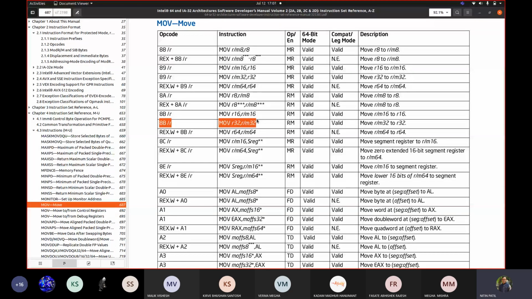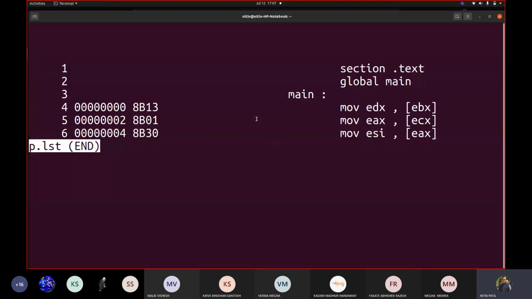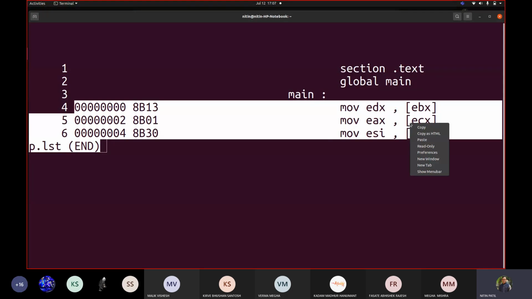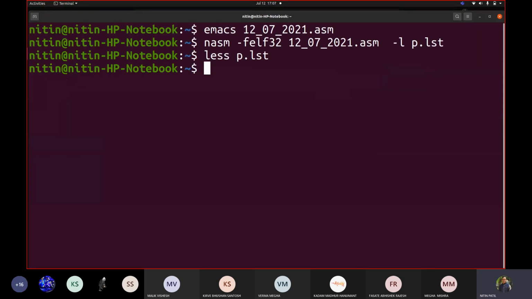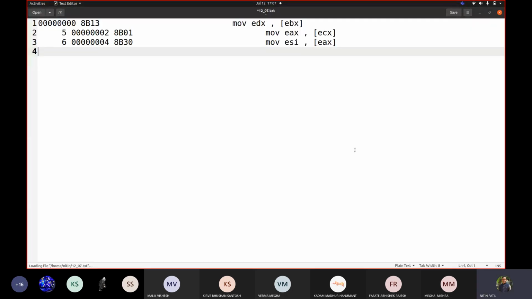Correct. Now, if it is like this, then if I try to see this instruction, what are the instructions that I got? So let us pick this. I will copy this for a while, and let me paste it here. So this is what we got, correct? So this was our line number 4.